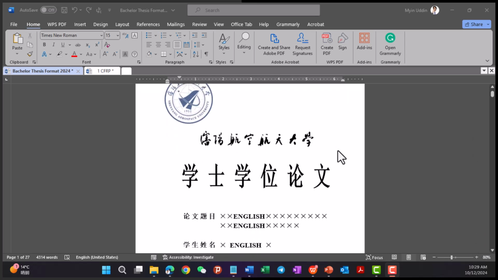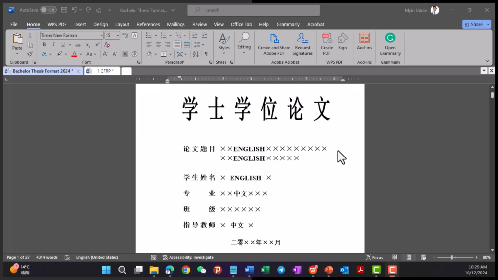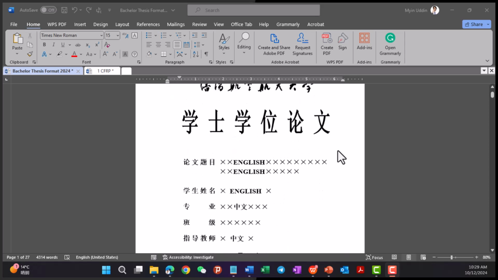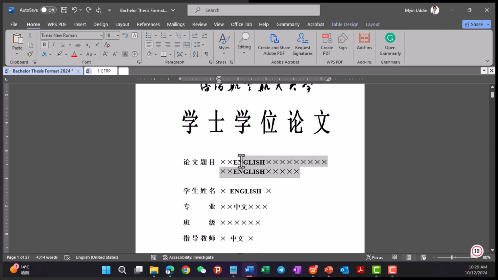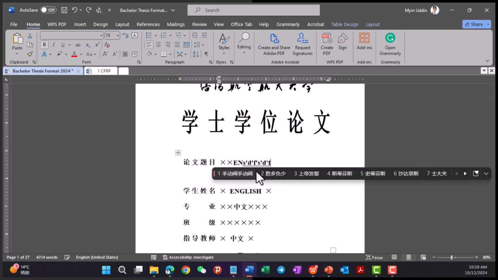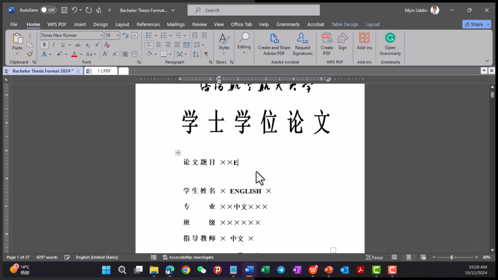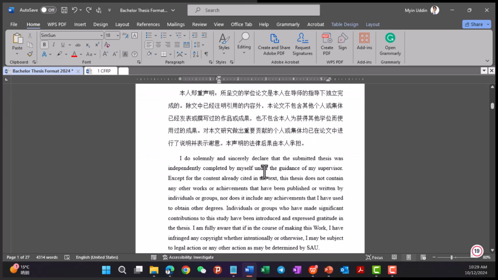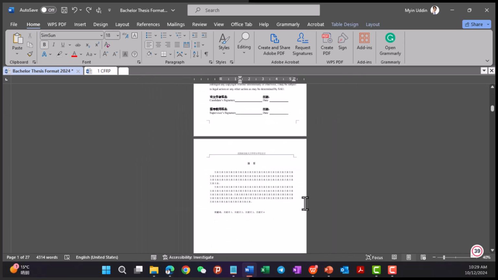Okay, so this is the template we provided from the Office, and this is what you should follow as bachelor students for your thesis. So everything is given here, and you just need to modify it. Let's say this is English, you write your English name, all should be kept, but regarding these details, we will actually have another lecture. In the second lecture, we will be discussing how to modify these things, but make sure you are following this template,